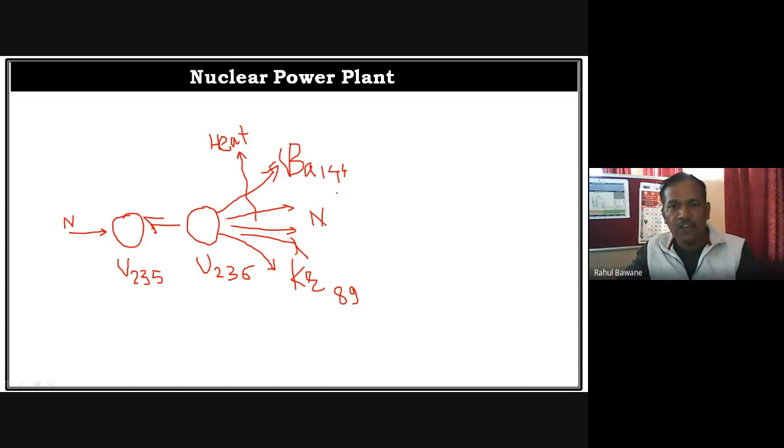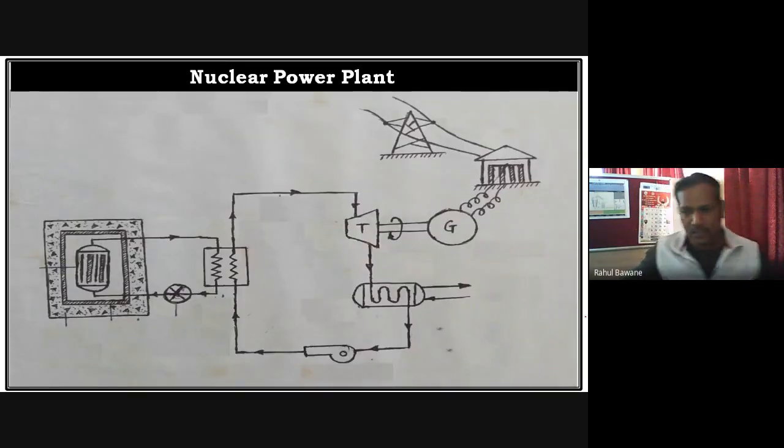So this kind of reaction takes place in a nuclear power plant, and this is not a part of our power plant explanation. Okay, this is for the sake of knowledge, because in your exam it is never asked how nuclear energy is evolved or what the fission process is. They will ask you to draw a neat sketch and explain the nuclear power plant. So now on your screen there is a schematic representation of a nuclear power plant.